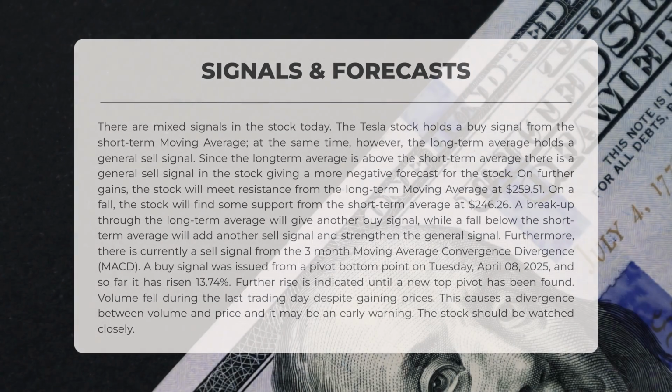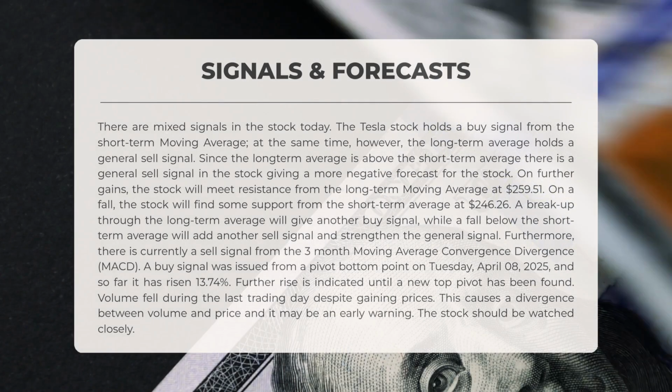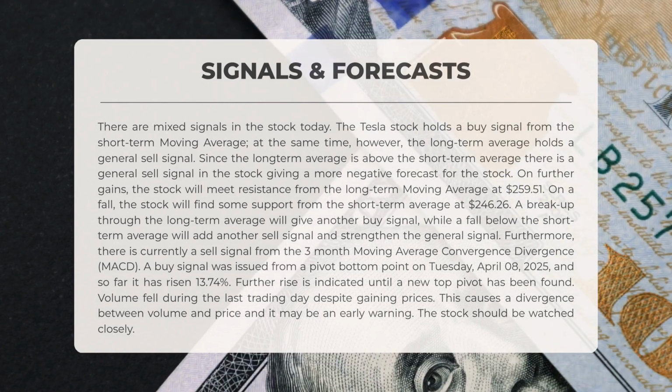The following signals have been identified for Tesla. Today, there are mixed signals regarding the stock. The Tesla stock shows a buy signal from the short-term moving average. However, the long-term average signals a general sell. Since the long-term average is above the short-term average, this creates a broader sell signal suggesting a more negative outlook